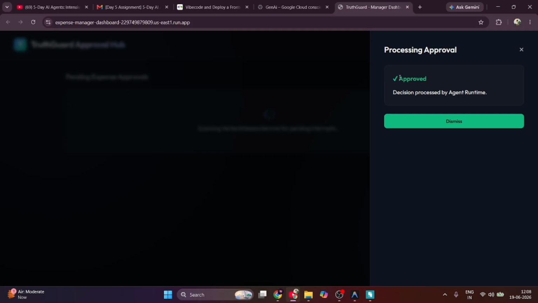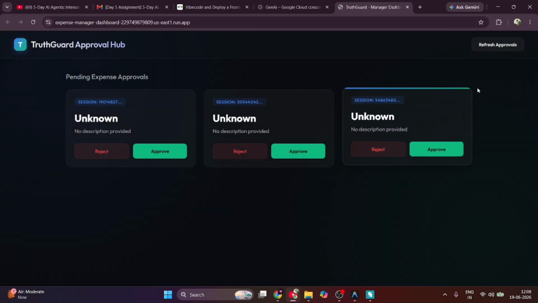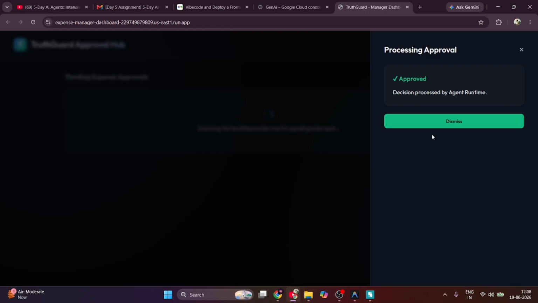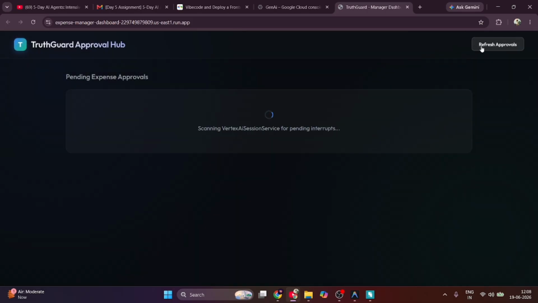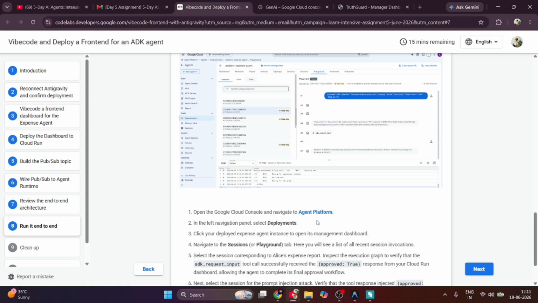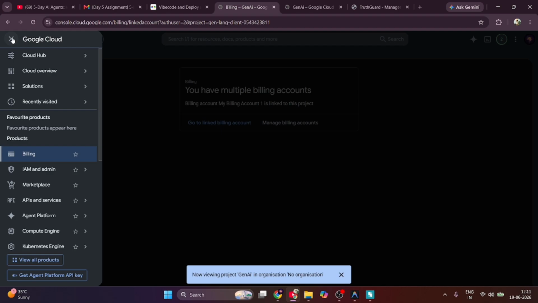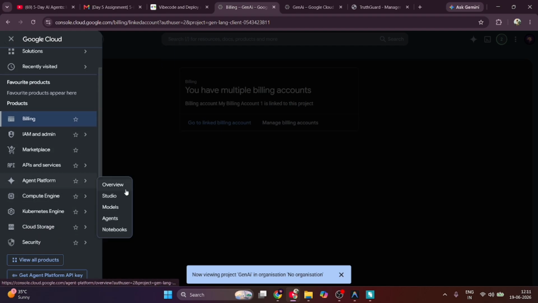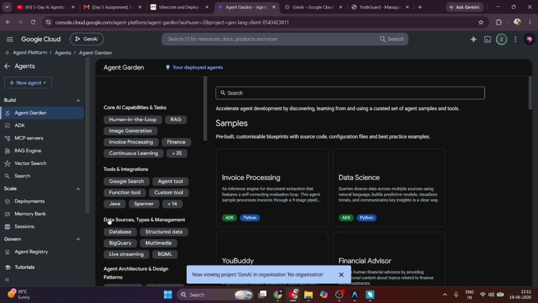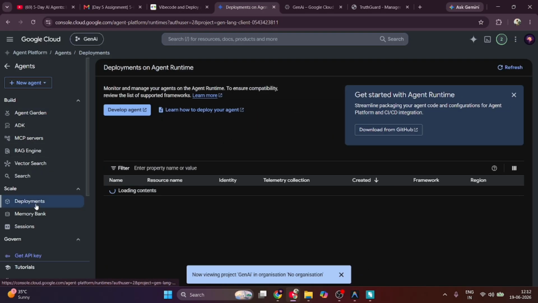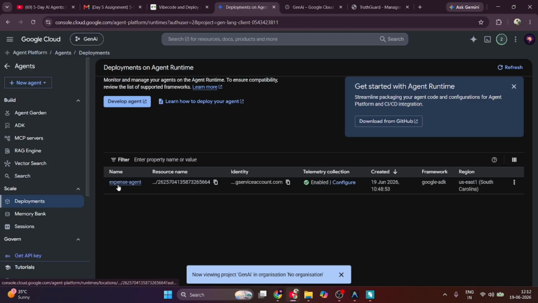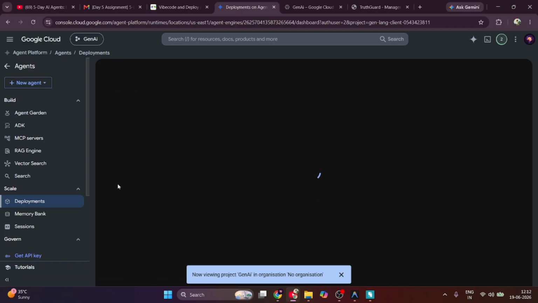But can you notice something? If I click on approve, it's not vanishing from the dashboard. I think there is some error, so we need to resolve this error in order to get our dashboard fully functional. Now we'll go to point number 8 and click on this agent platform link, and you will end up in the Google Cloud Console. Now click on the three dots, navigate to agent platform, select agent from it, and click on deployment. This is to check whether your app has been deployed correctly and is functioning correctly. Now click on your agent, that is the expense agent,